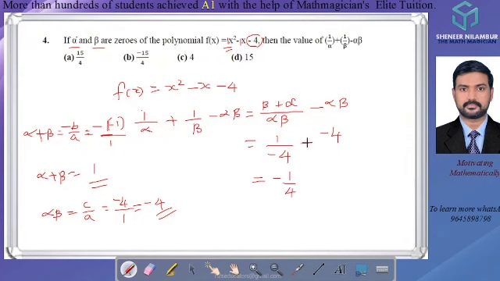Now the minus symbol is on the denominator, but we have to mention it on the numerator, so minus 1 by 4. This minus symbol and this minus together, one horizontal and one vertical, will be plus 4. After the cross multiplication, the denominator is 1, 1 into minus 1 is minus 1, 4 into 4 is 16, so plus 16, divided by 1 into 4, which is 4. Minus 1 plus 16, which means 16 minus 1, is 15 by 4. 15 by 4, option A is the right answer.